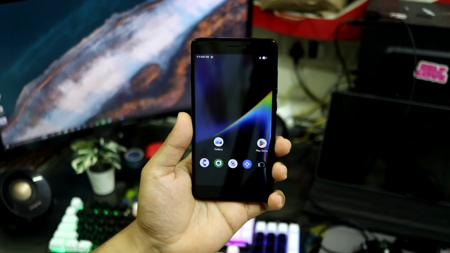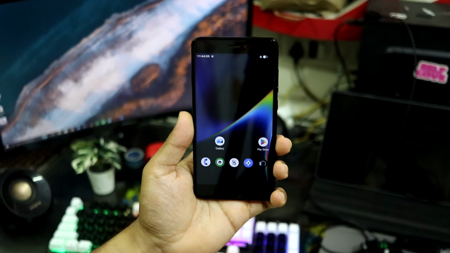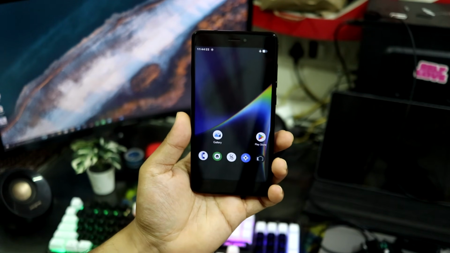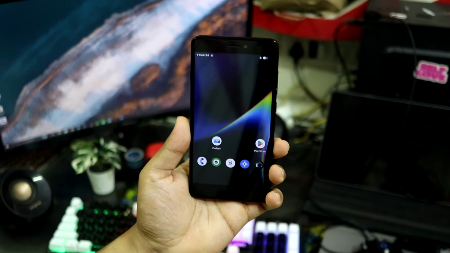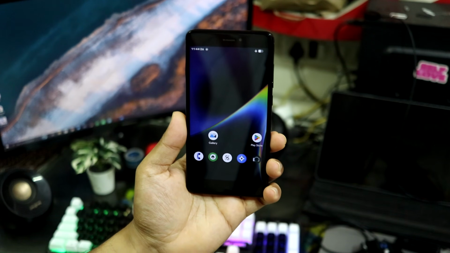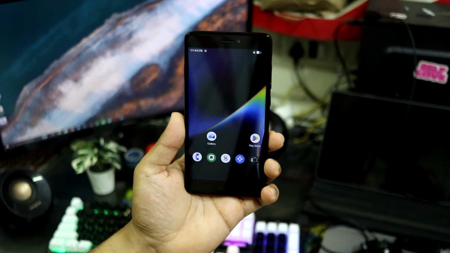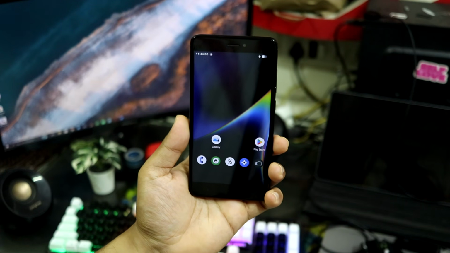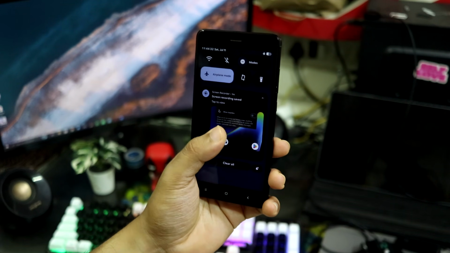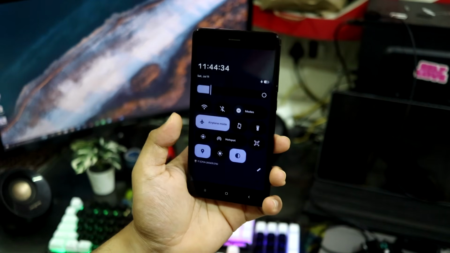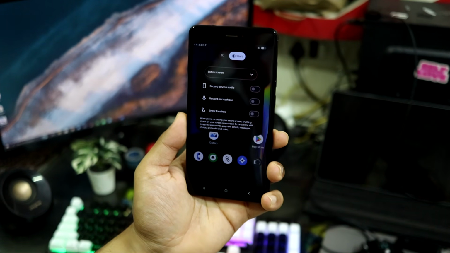So guys, the next feature is an addition to the screen recorder that is going to let us react while recording the screen. So it will capture a portion of your face, and you can check on the screen exactly how it looks. Right now, the screen recorder that I have on this ROM, which is the EvolutionX Android 17 ROM,